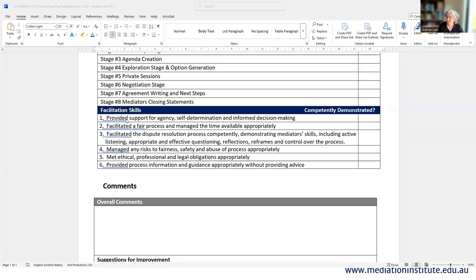So basically, not making decisions for clients or allowing them to be coerced, facilitating a fair process, managing the time available appropriately, facilitating the dispute process competently, demonstrating mediator skills. The particular skills we're looking at are active listening, appropriate and effective questioning, reflections, reframes, control over the process, and so on. There are other skills, like even using silence is a skill that we have as mediators to manage the process. Managing risks to fairness, safety and abuse of process, meeting ethical, professional, legal obligations, and providing process information